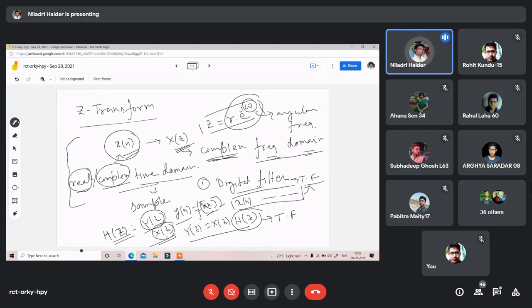In the Z domain, keep in mind, after the Z transform, not in the time domain, not yn by xn, it will not give you the transfer function. To get the transfer function, you need to do the Z transform of yn, and you will get Y(z). In terms of X(z), you will get Y(z), and from there you need to calculate the transfer function.